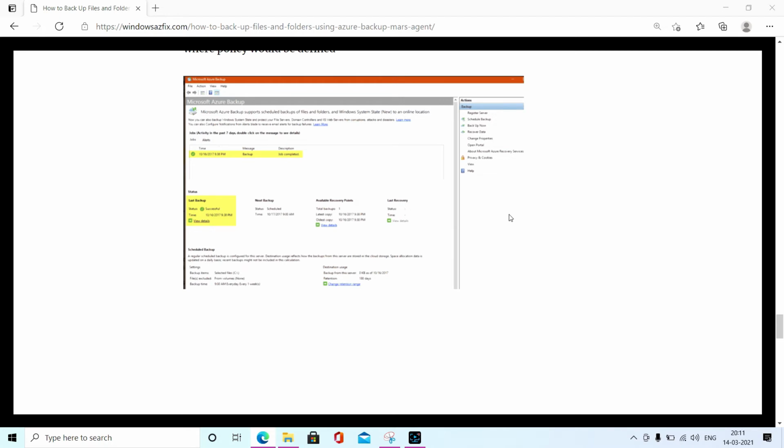So this is all about file folder backup, how we can create a file folder backup in Azure, and why we need it. In the previous video, I talked about the VM backup, how we can take an entire VM backup. If you want to look at that video, I will add it in the suggested videos. You can visit it and check how we can create the VM backup. So this is all about the file folder backup.